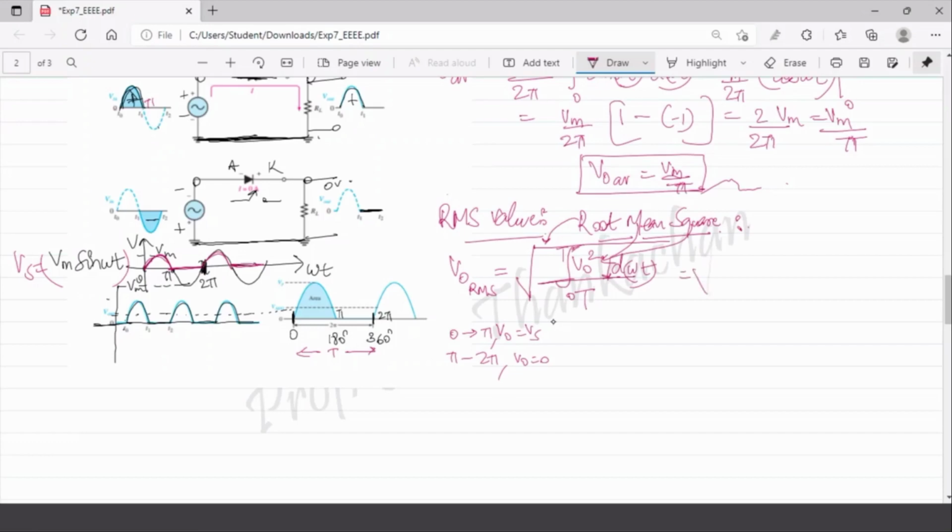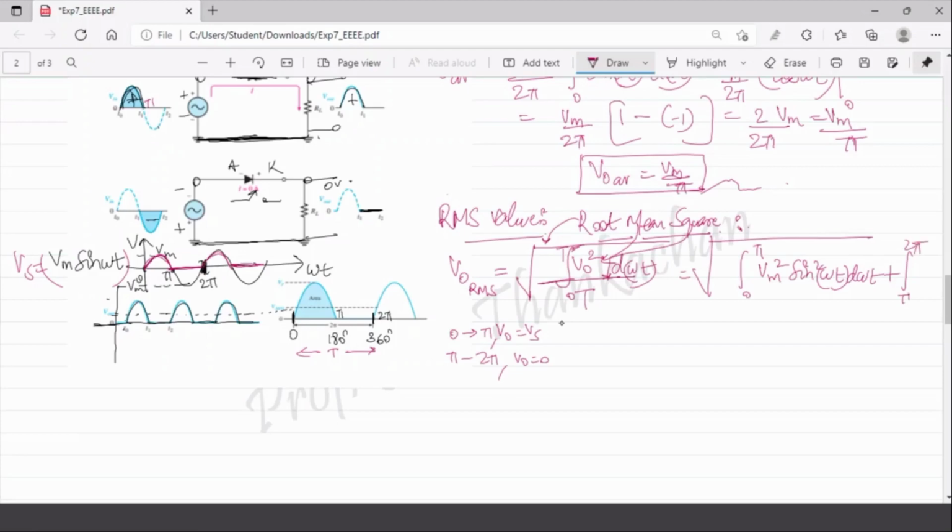Then write this as root of integration from 0 to pi. V naught can be written as Vs itself. Vs is nothing but Vm sine omega t. So Vm square sine square omega t d omega t